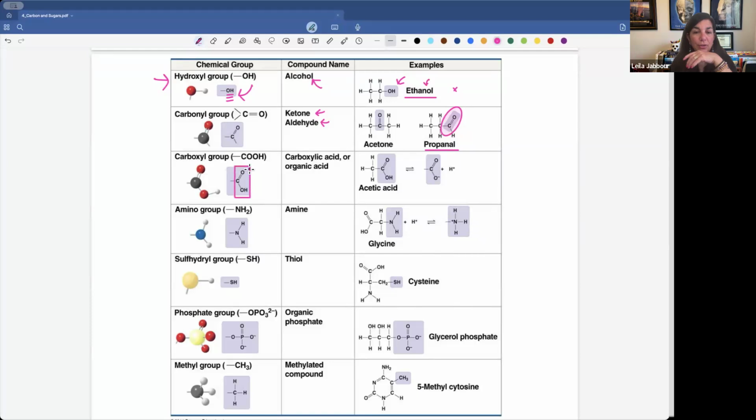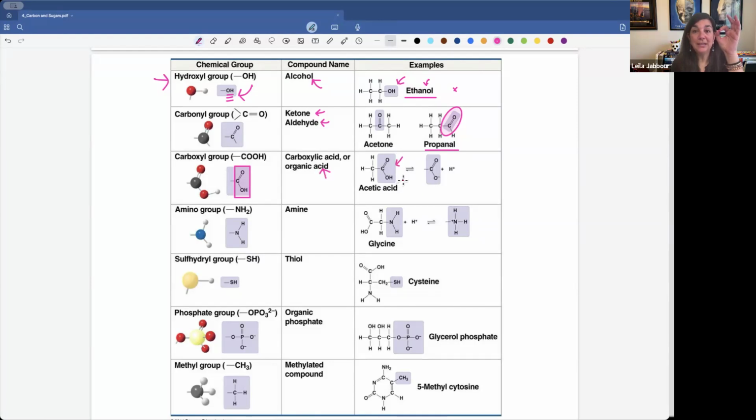COOH. So even though there's an OH here, because there's a CO next to it right here, we don't say this is a hydroxyl group. And we don't say that CO is a carbonyl group. If we have an OH here, all of these together are called a carboxyl group. And this is what organic acids are made of. So when you see a COOH,